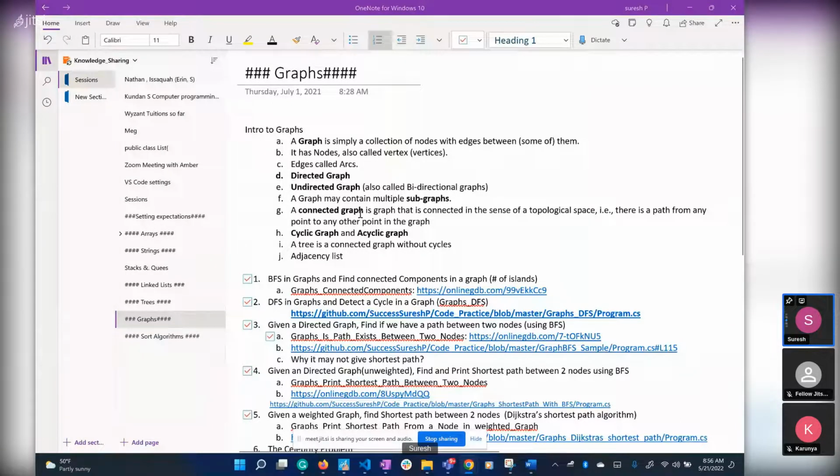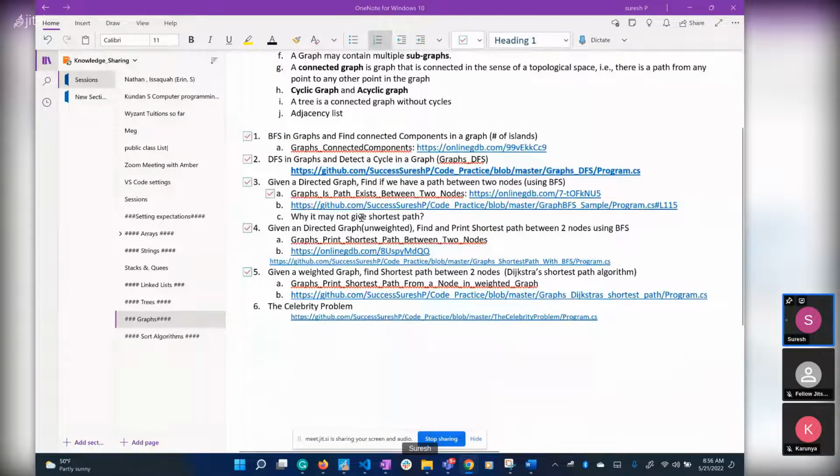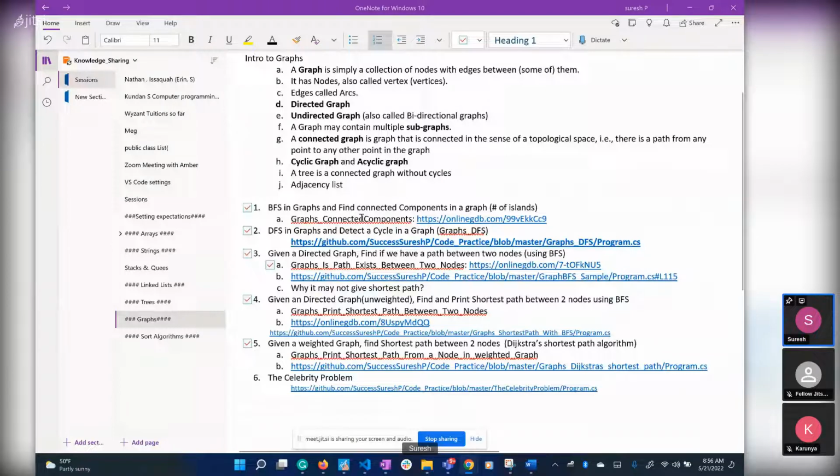In today's class, we are going to discuss a graph-related problem, which is the celebrity problem. It's kind of a graph problem, but it may not be. Last week we discussed Dijkstra's algorithm: